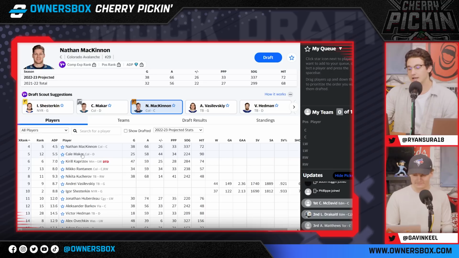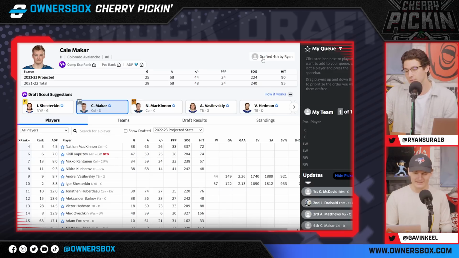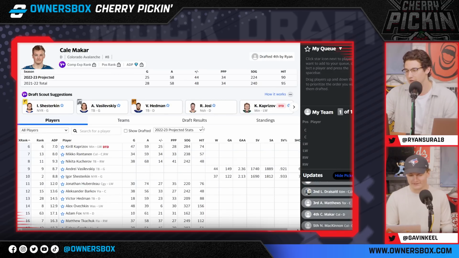I said I'm going 0 goalie, so I'm fine with taking defenseman. I will take Cale Makar at 4 all day. Sorry, Gav, to snipe a player. I don't think he would have gotten to 7 anyway, but